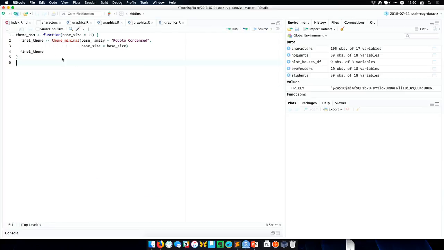Sometimes it's super simple. So like this one project on public service motivation that I'm working on. All I do is just the minimal theme with this font. And I have this argument for changing the base size. So it's basically just theme minimal with roboto condensed. That's all it is. But later I can change stuff. For this project